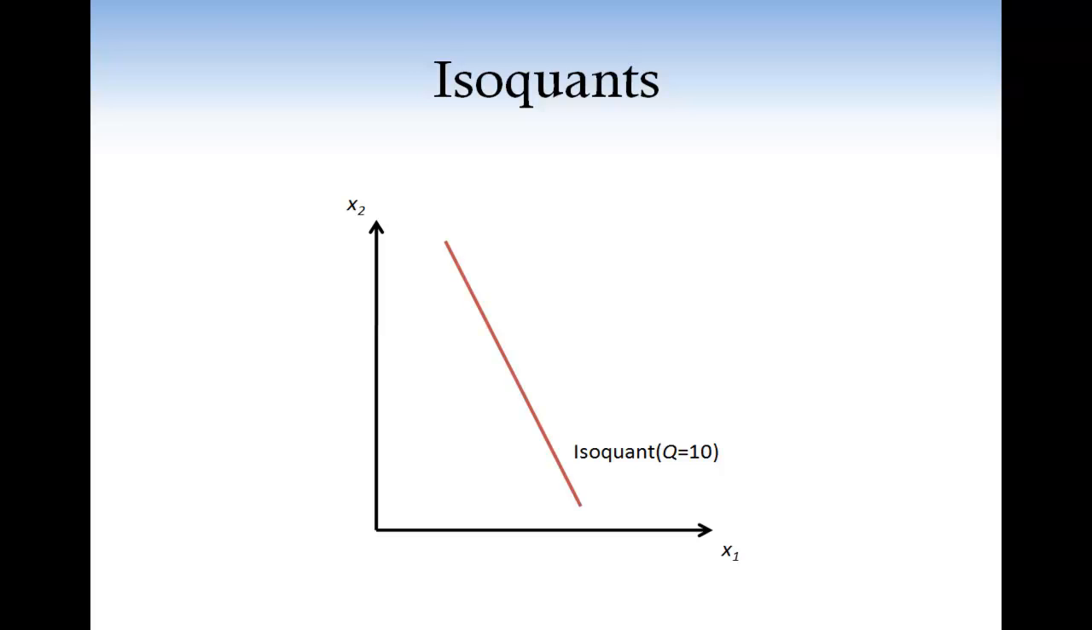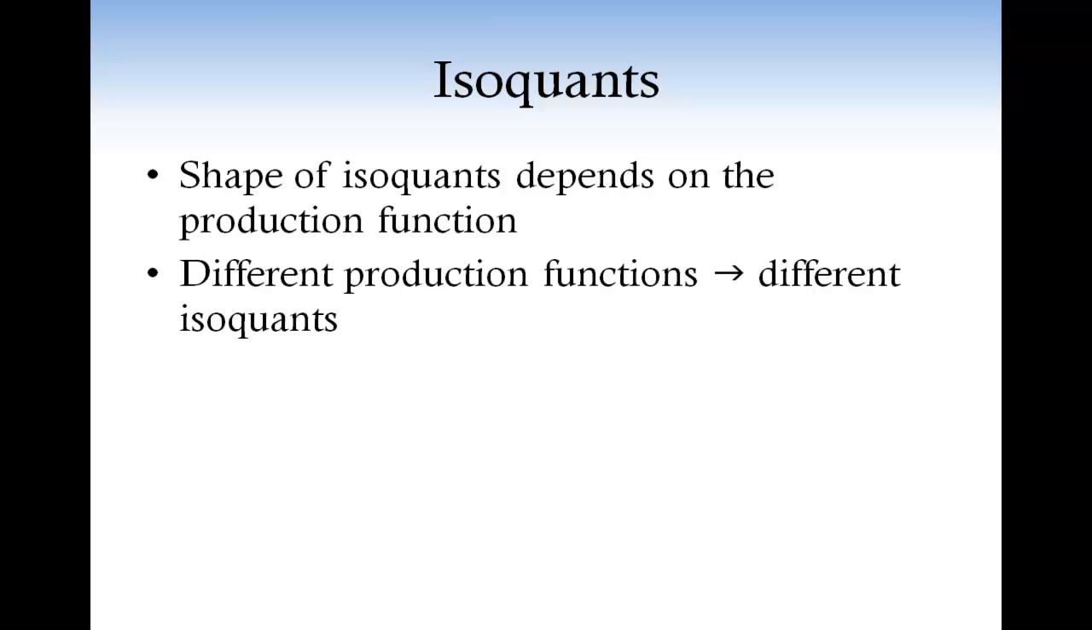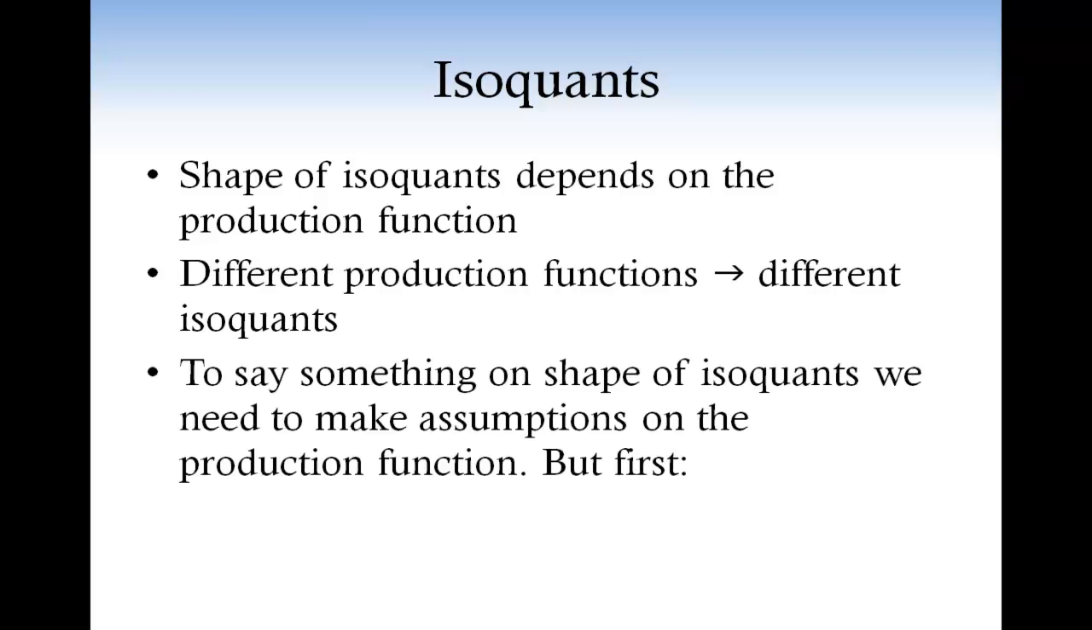Oh, wait, I have a question. What do we know in general about the shape of isoquants? That's an excellent question. In general, it will depend on the production function, so that two production functions can generate different isoquants. However, if we make some assumption on the firm's production function, then we can say something on how the isoquants look like. Before we get into it, I want to introduce the usual convention to give the two